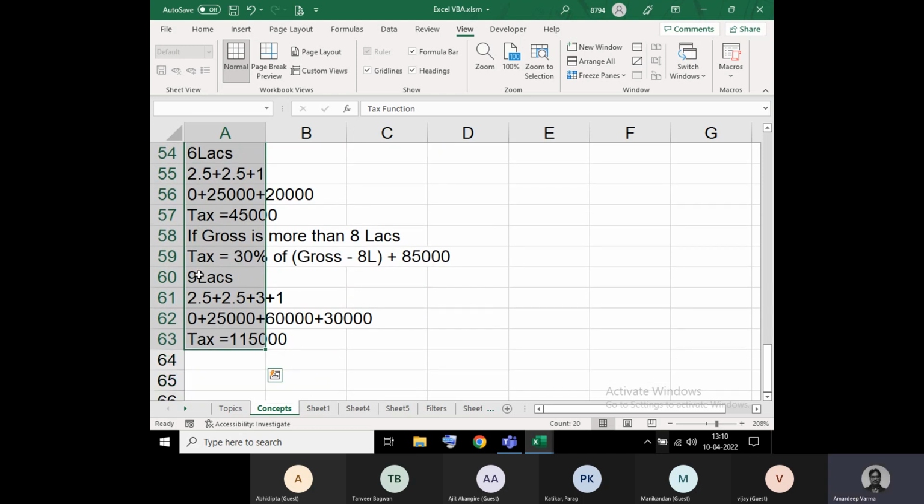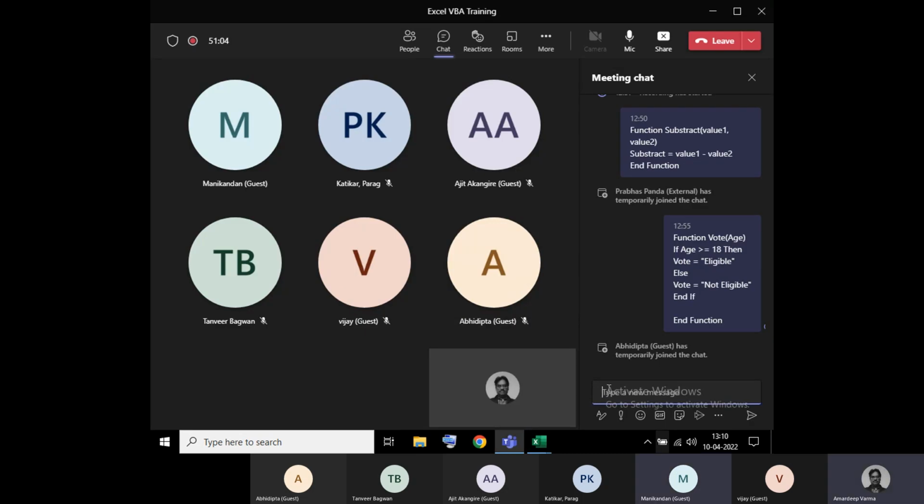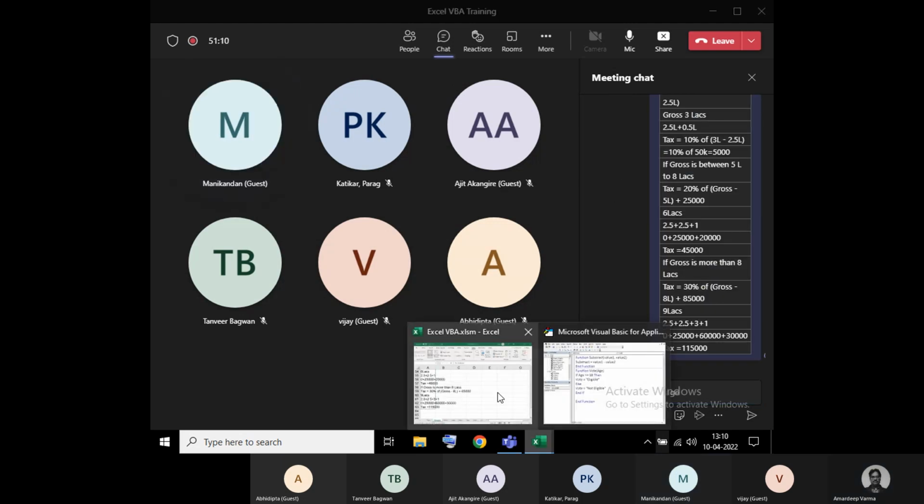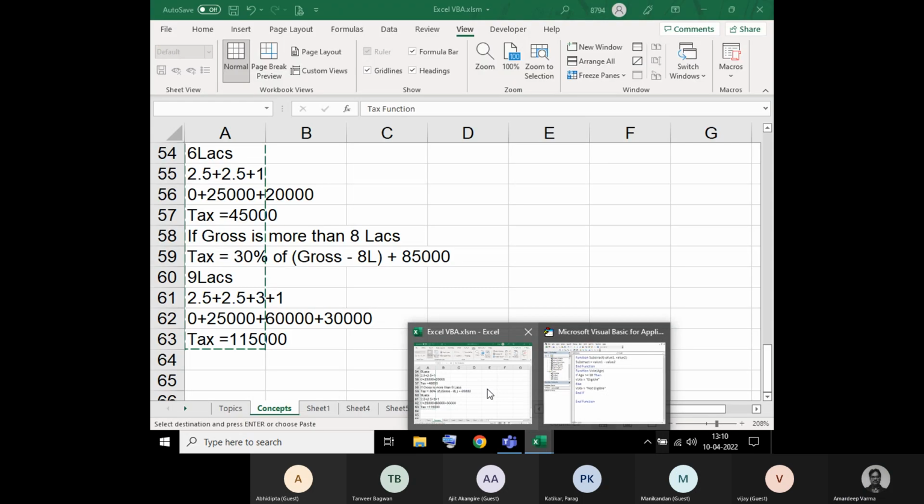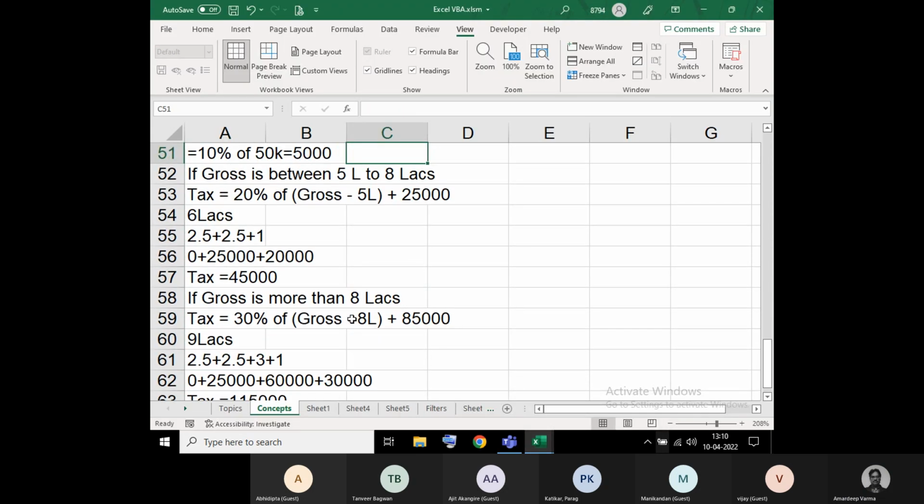The function should take only one argument, that is gross. Sir, what is this 85,000 plus 85,000? 85,000 is... if your gross is 9 lakhs,